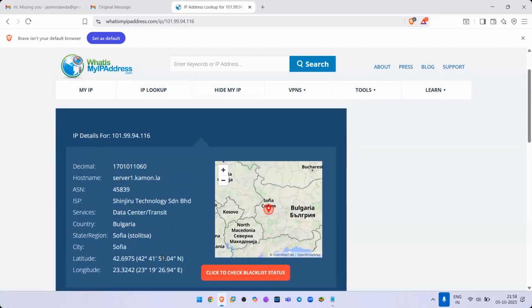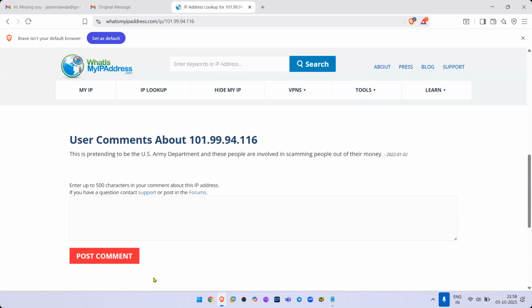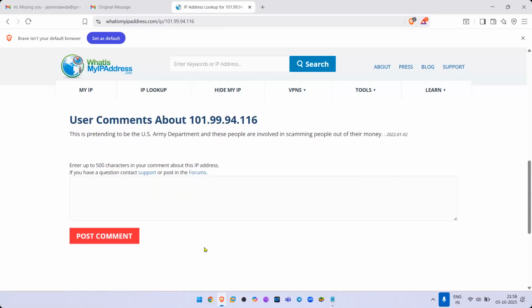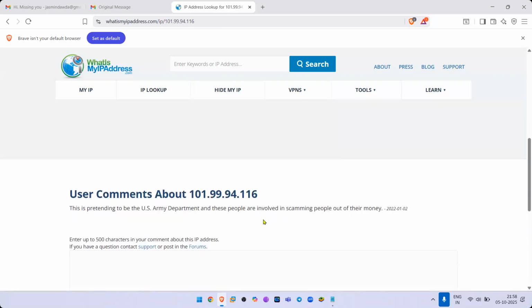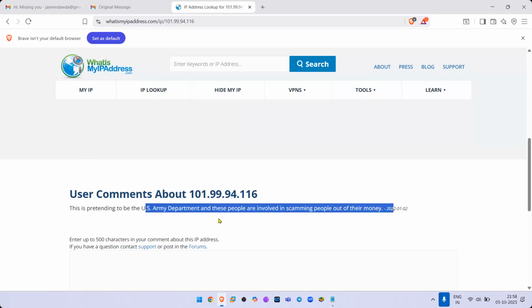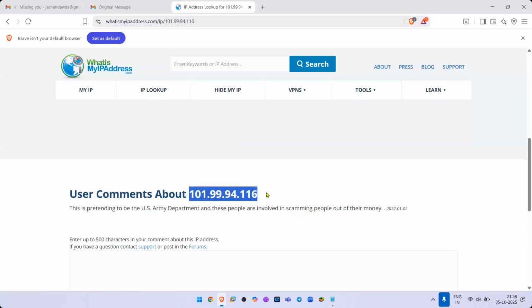This is definitely not from Alia Bhatt, guys. So all my dreams are shattered now. This is not Alia Bhatt, it's a fake. You can see that these people are pretending to be somebody else. So this email address is definitely not a genuine one.